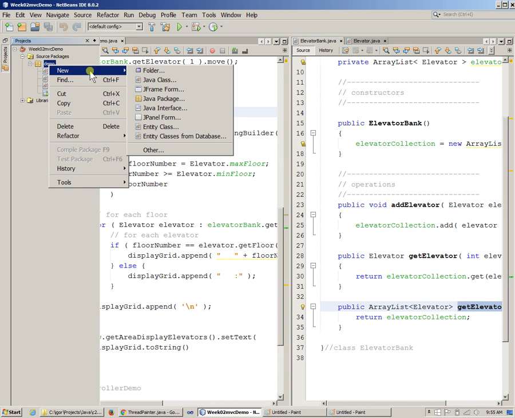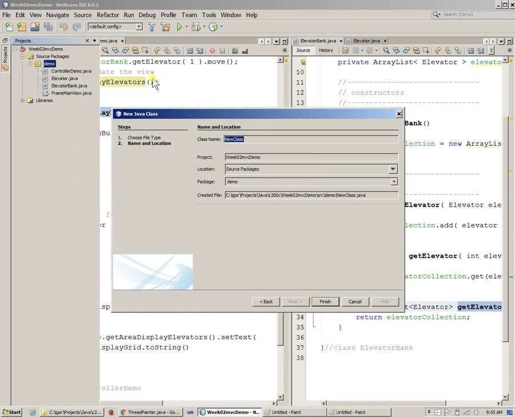Right click and just say new class. Okay, and I will name it animation thread, right? Or if I have different kinds of threads, then I will name it thread animation,